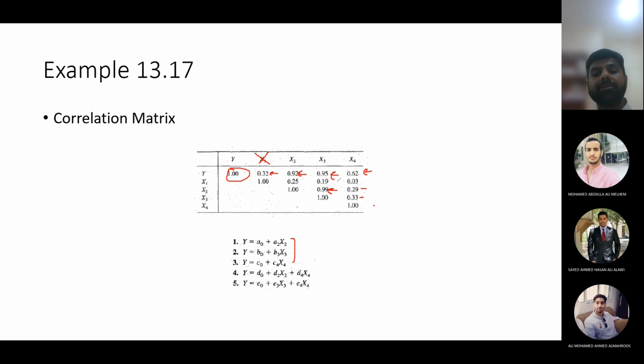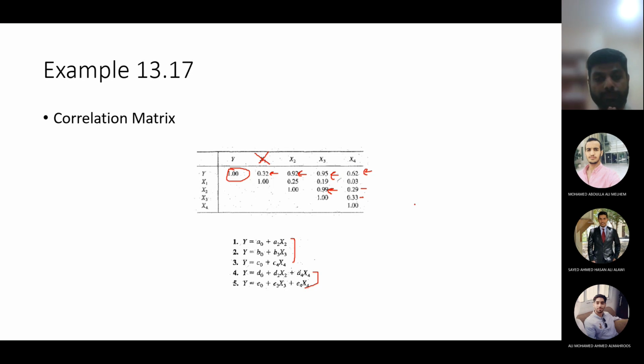Other parameters, x1 and x4, x2 and x4, have no strong correlation, so they can come in the equation together. x2, x4 and x3, again no strong correlation, they can come in the equation together, no problem. So either you can have an equation between y, x2 and x4, or y, x3 and x4. There could not be an equation where x2 and x3 are both coming in, because they are highly correlated to each other. So if you want to have multiple linear regression equations, these are the only two possibilities for this data set, depending upon the correlation matrix.